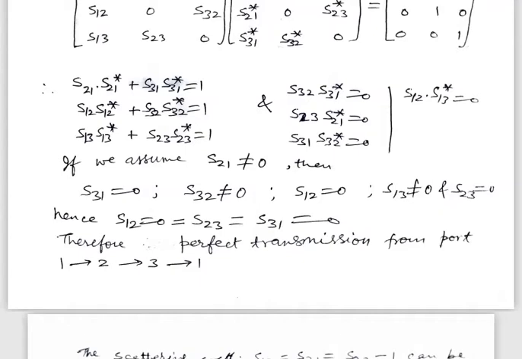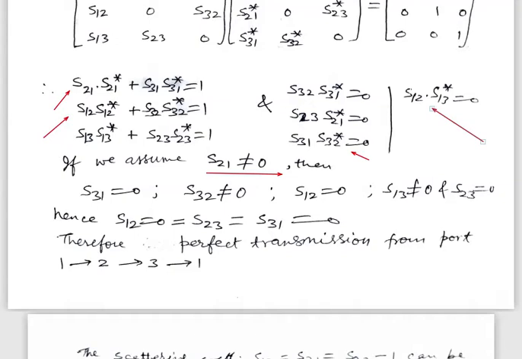Now if we further assume that S21 is not equal to 0, then from the first equation, S31 must be 0, and when S31 is 0, this equation shows that S32 will not be 0, and when S32 will not be 0, then this second equation shows that S12 must be 0, and if S12 is 0, then this last equation shows that